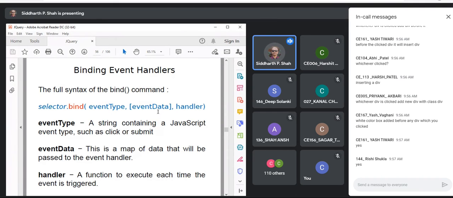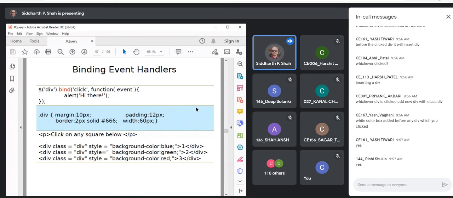If you want to bind some data with that event, which is optional. So whatever I put in this square bracket is an optional parameter. And the third is the handler. That is a function: what you want to do when this event happens on this matched element, you provide here in the handler.